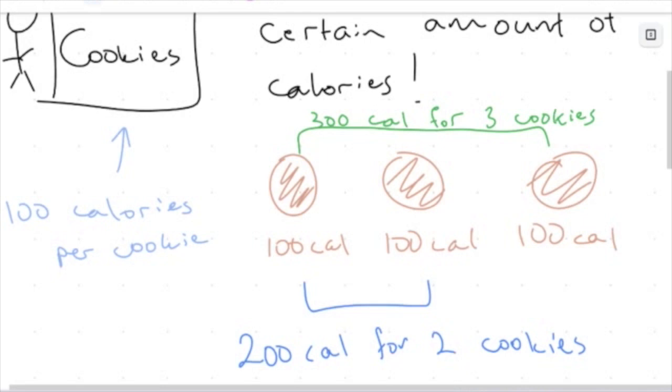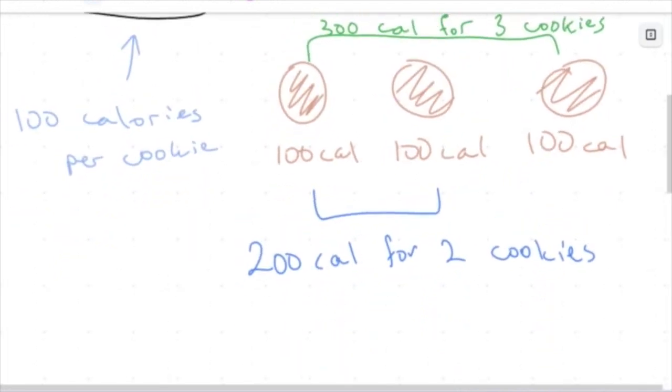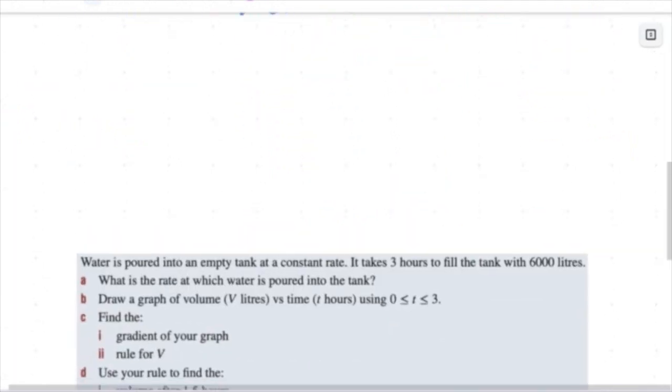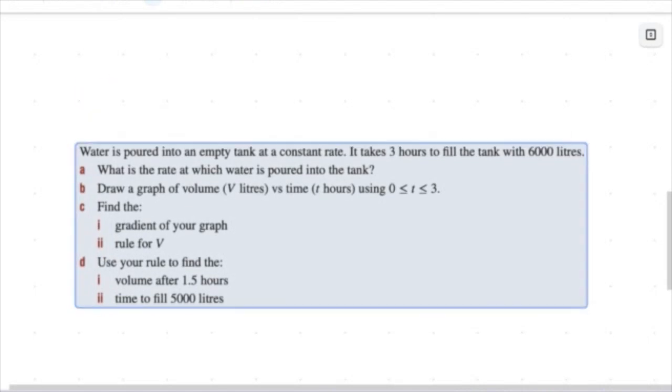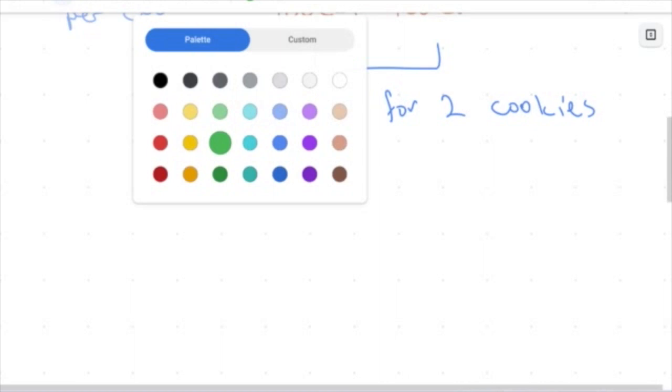And what linear relationships allows us to do is graph these things that are directly proportional, that change at the same rate. So if I were to, for example, graph my cookie consumption, and then my calorie intake, I'm going to get what we call a linear relationship, which is what we've been dealing with this whole time. Now, if I graph this, for example,